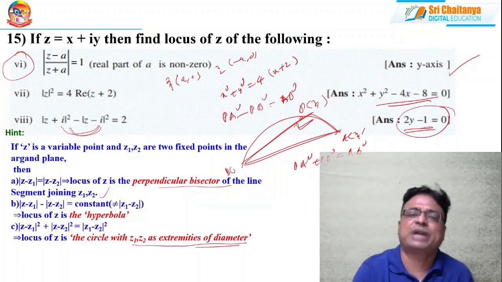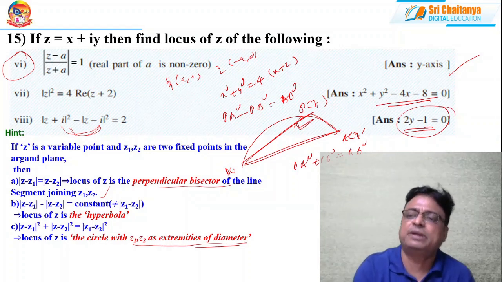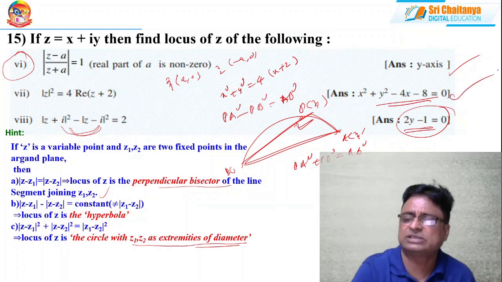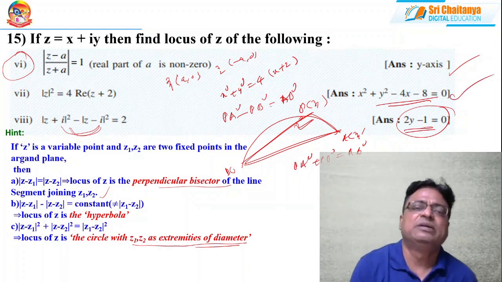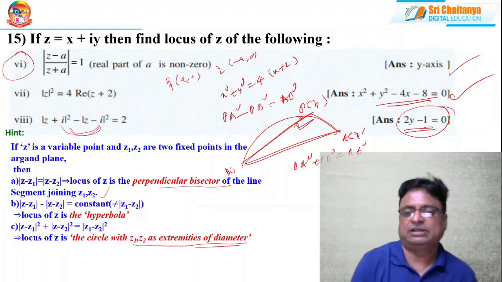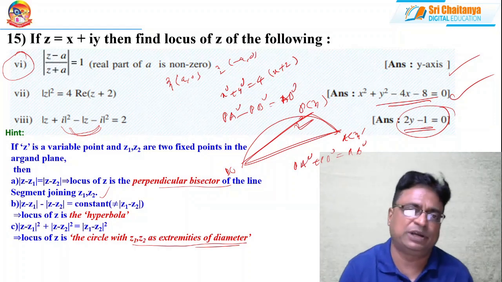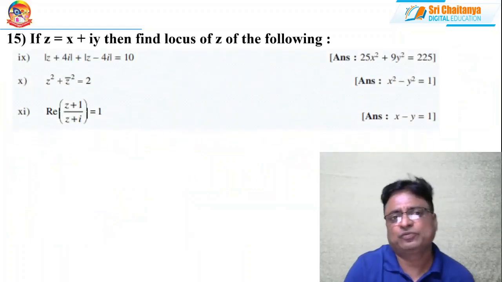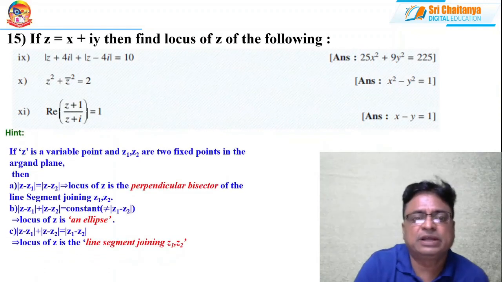So you need to practice locus problems of this kind and imagine the diagrams properly on paper. Getting the analytical equations is very easy. See, for this one, we got the answer as this one, by just substituting z equal to x plus iy, collecting the modulus and the real and imaginary parts. You will get the corresponding loci. That is a different story. Okay. Now coming to this one. Here also I am repeating the information.